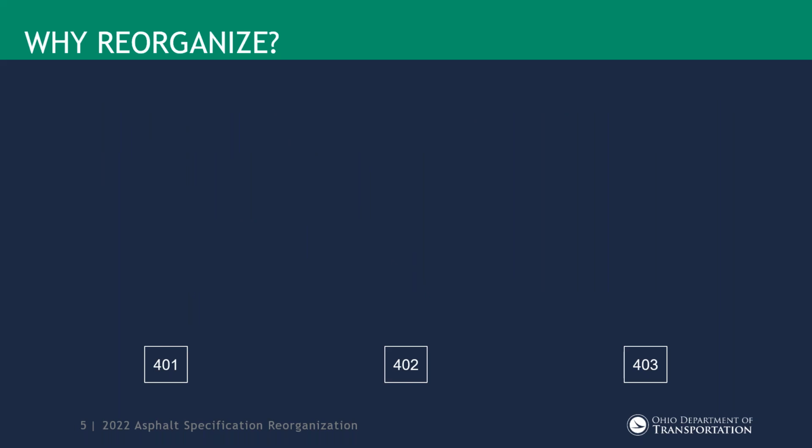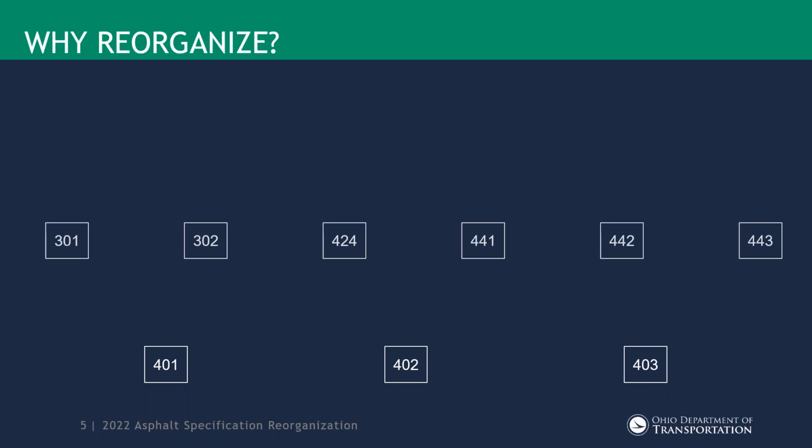So you might be wondering, especially if you were maybe the unfamiliar people, why bother reorganizing? What I have across the bottom here is what I consider the foundation of all the other specs. These are the basics that all the other specs refer to. Across the middle are all the pay items, and across the top are the acceptance methods.